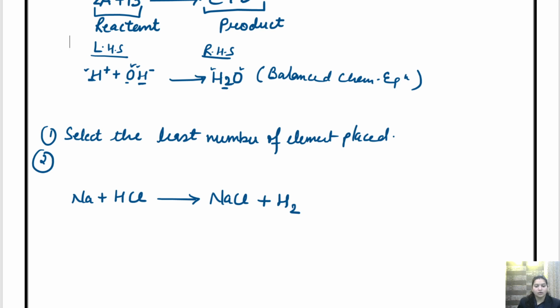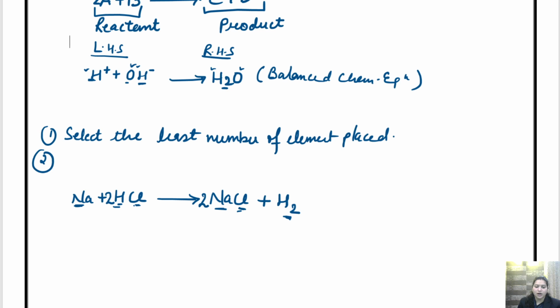Okay, now according to this equation we have सोडियम हमारे पास सबसे कम है. So sodium we have one Na and one Na here. One hydrogen but two hydrogen here, one chlorine and one chlorine. So in order to balance, because we have two hydrogen here, we will add two in front of it. अब क्या हो गया, हाइड्रोजन और हाइड्रोजन तो दो हो गया, but अब क्लोरीन भी दो हो गया. But here we have only one chlorine. So what we will do? We will add 2 here. Now the chlorine has been balanced. So 2 chlorines here, 2 chlorines here.